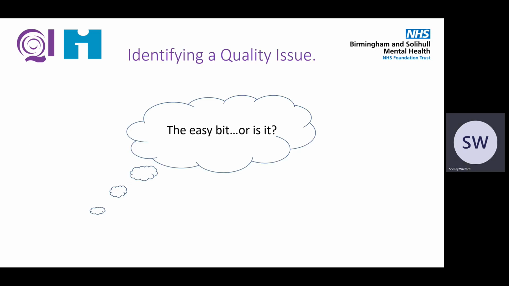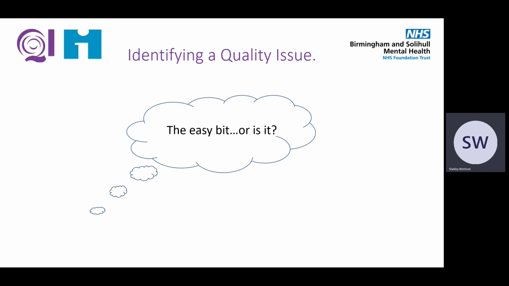Identifying a quality issue to focus on probably seems like a fairly easy and straightforward task. However, getting this bit right relies on fundamental understanding of the problem or issue you're trying to fix. This may seem obvious, but all too often we see people attempting to embark on their QI project with a solution-focused aim, that is, one idea that they want to implement. This approach often leads to projects that don't address the root cause of the issue or the heart of the problem. That is why in QI we talk about developing outcome-focused aims that articulate the desired end result.